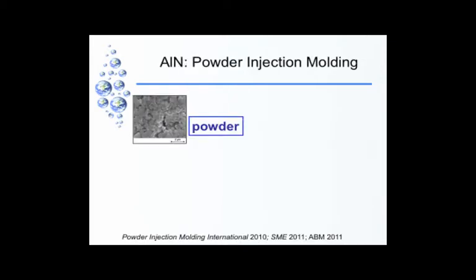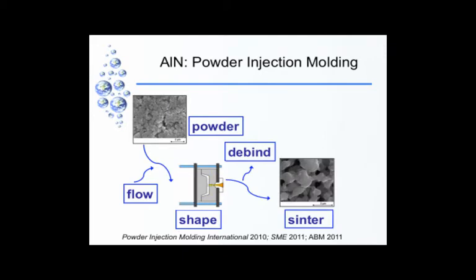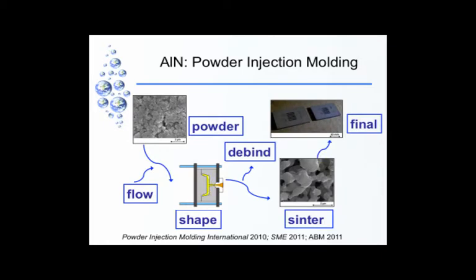So then the idea that we looked at when we were looking at processes was you take some powder, it has good flow properties. So now you try to create a shape, you injection mold a shape, and then you remove the polymer. You want to see what happens when that occurs. Then you want to sinter the materials, and you begin to connect the particles together. You have some grain growth, and then finally you have a dense part which has some shrinkage.